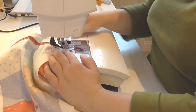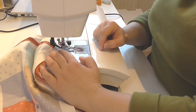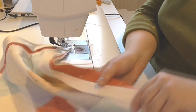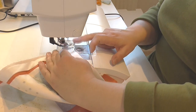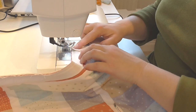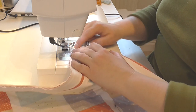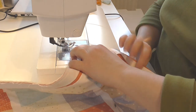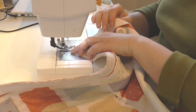I'm then going to stitch off diagonally off the corner. I've lifted my foot. I'm not going to pull the work away from the needle too much because that thread is still attached, but I'm going to push this little triangle to the top so that where you're going to stitch here it's not going to stitch back onto itself, if that makes sense. And then I'm going to stitch back up the diagonal,